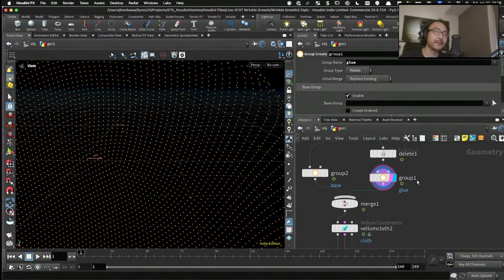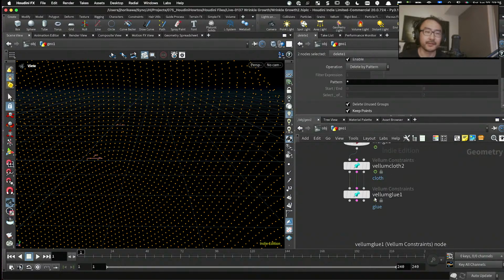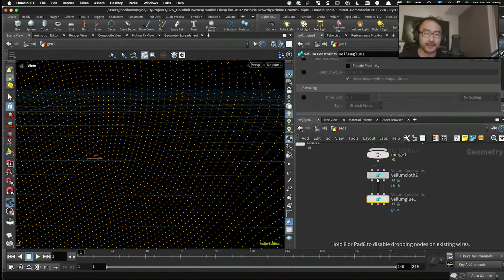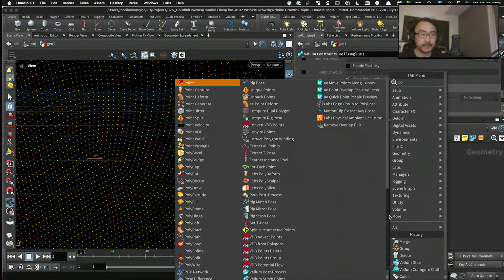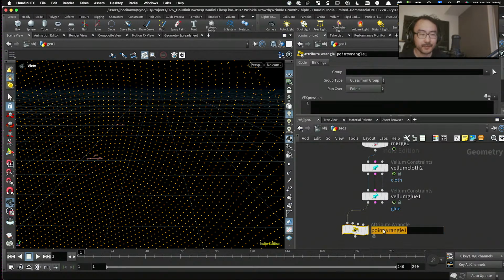We want to ignore the collisions on those points, and we also want to fix their position where it is, and to not be affected by simulations. So we need to set some attributes for these points after we have set the constraints. So to do that, I am going to use the point wrangle